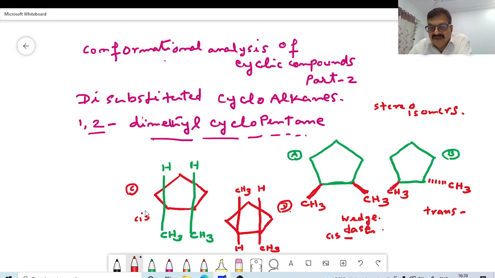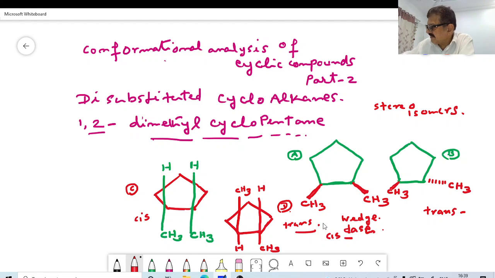Okay, now this way of representation, how will you describe this thing? Cis and trans 1,2-dimethyl cyclopentane can also be drawn as if the plane of the ring goes through the plane of the paper. Each carbon in the ring has one bond that will point above the ring and one that will point below the ring. Okay, so this is the cis isomer and this is the trans isomer. This is briefly about 1,2-dimethyl cyclopentane.